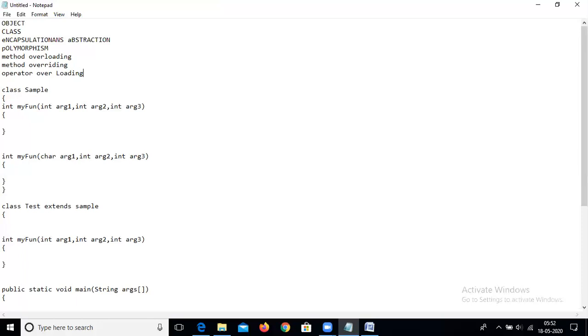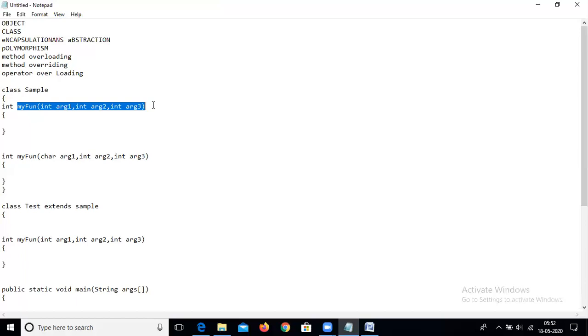First one is method overloading. Second one is method overriding. Third one is operator overloading. Method overloading means a function appearing more than once in a class with different signatures. What is the function signature? Function signature is the function name followed by the type of arguments or number of arguments. We cannot include the return type of the function inside the function signature.